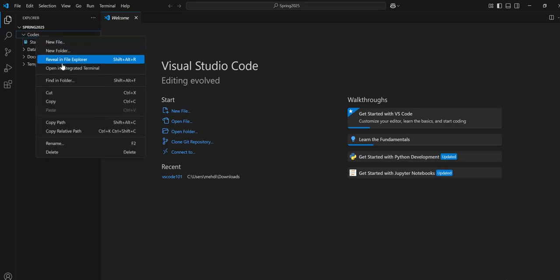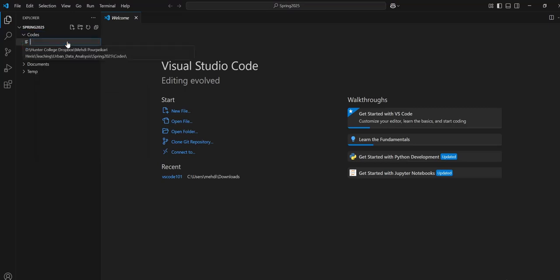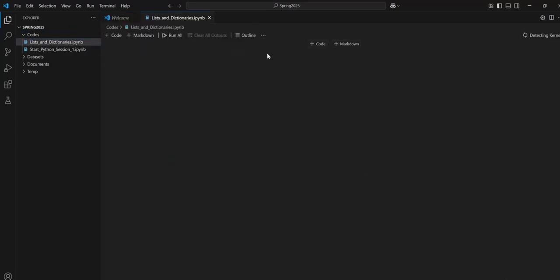And under the codes folder, I would like to create a new file, and I want to name this lists and dictionaries, because we want to talk about lists and dictionaries. As you can see, this one still doesn't have a file type. To make sure that this file has a notebook type, we can just add the extension like .ipynb, and now you can see the icon has changed, and I have a new notebook here that I can